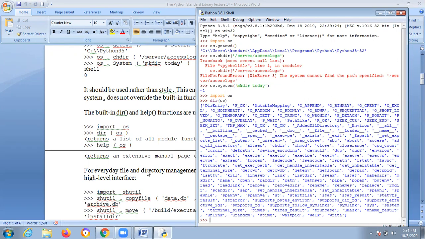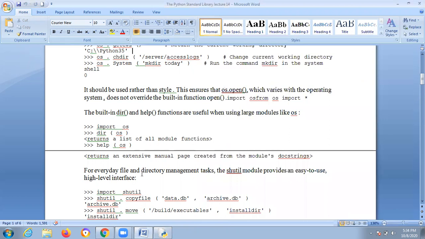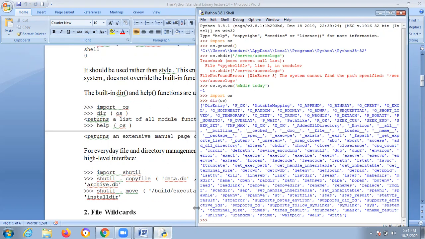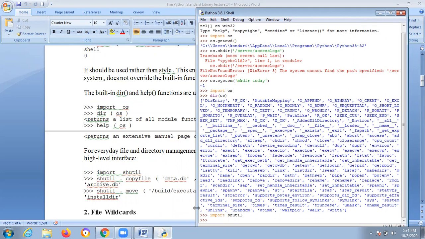This is the operating system module. Here, one more thing: the shutil module. It is easy to use, and we'll see how. Previously we had os, now shutil. I'm explaining completely practically so that you will understand how it's going on.